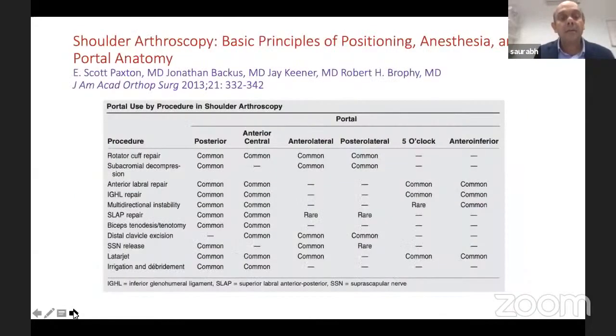And then, again, this is a busy slide, but for those of you who do arthroscopy work regularly, I put a slide from this review article where I've said which portals to be used for what shoulder work. And this is again a very good review article which I was reading to sort of make this presentation by Mr. Brophy. This was published in American Academy 2013. It's one paper I'll recommend to all of you.